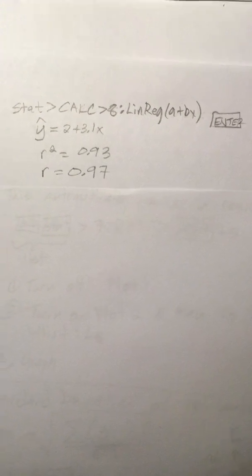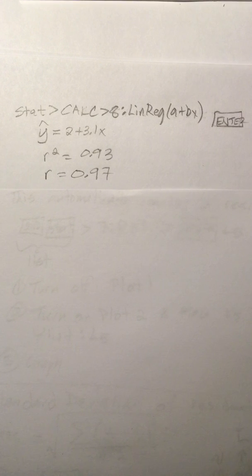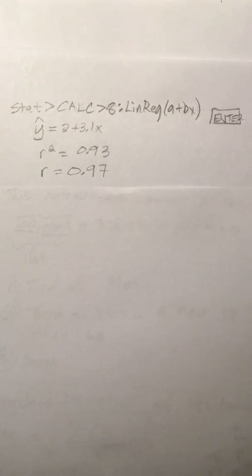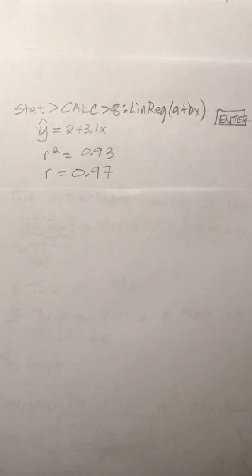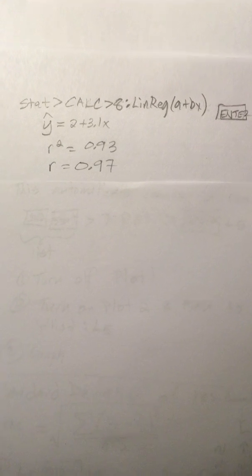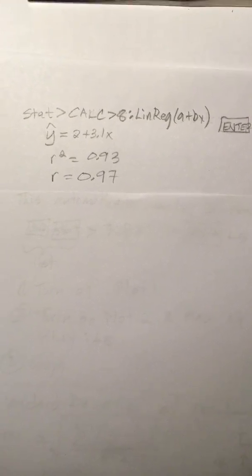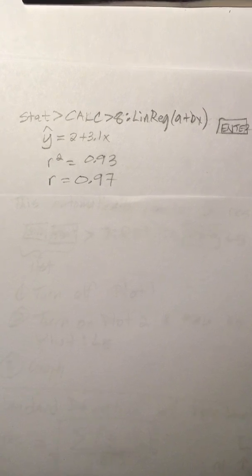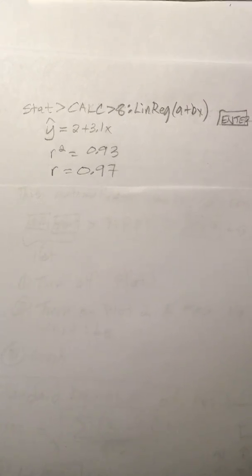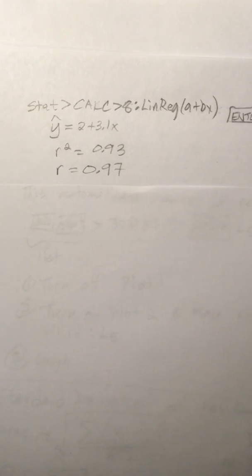Alright, so we want to learn in this video how to create the list of residuals and then to also graph the residual graph and then to get the standard deviation of the residuals. So the first thing, to get the residual list, all you have to do is go to Stats, Calc, and then choose 8, the linear regression A plus BX. And the second you get all the data that you would normally get,